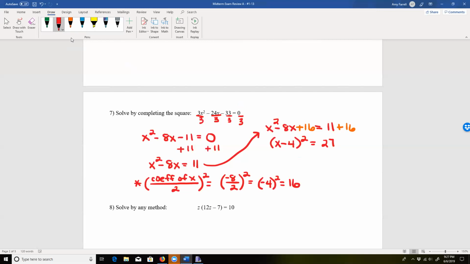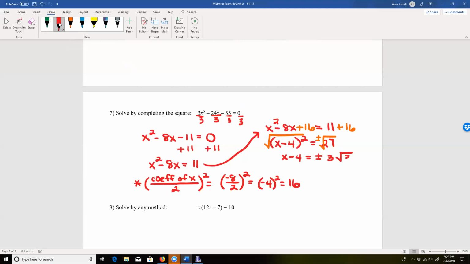To finish, I'm going to use the square root property. Basically, it says I can take the square root of both sides of an equation. Don't forget the plus or minus, though. It's part of the square root property, so it is plus or minus. So the square root of (x minus 4) squared would just be x minus 4, plus or minus